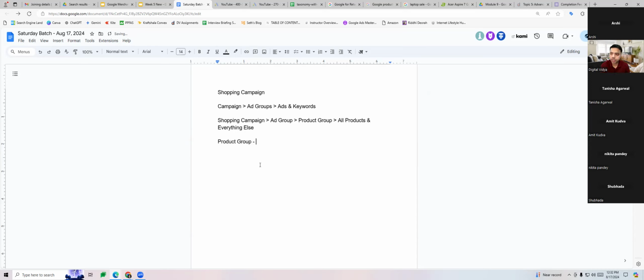This is what Google says regarding product group. Google says that product group means it is a group of similar products put together. When you have similar products, we can club them together in a single group, and that group can be called a product group. So it is like a collection, or a cluster, or a group of similar products put together. Let's take an example to understand how it will look.